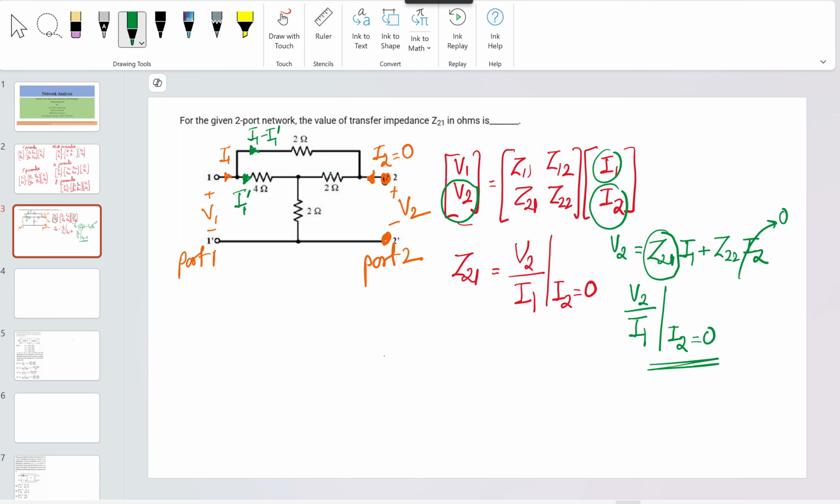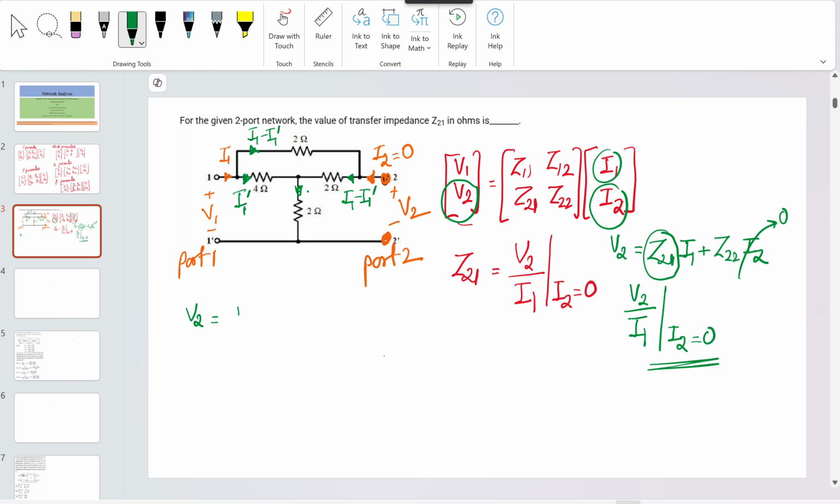Okay, so the same current will flow, because I2 is 0. The same current will come from here as well, I1 minus I1 dash. So how could it be written? It could be written as V2 is equal to,